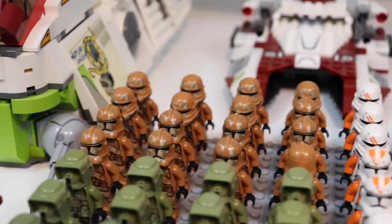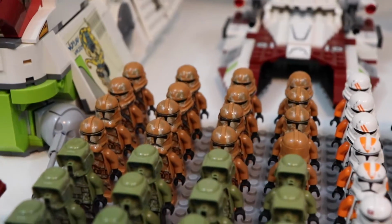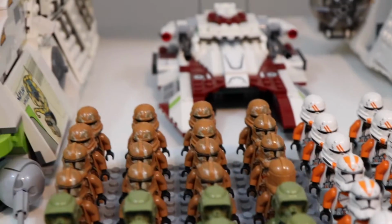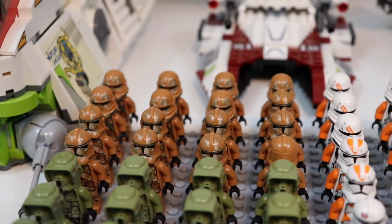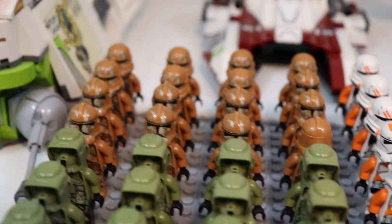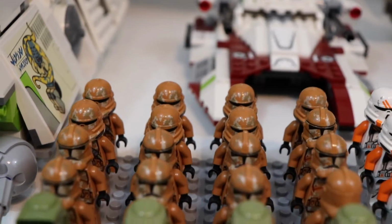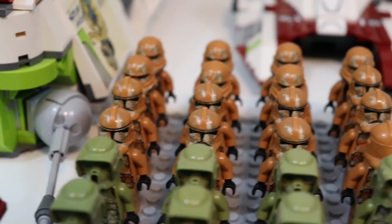Moving back, we've got one of my not so favorite figures, just because they aren't super usable, since they aren't actually canon figures in the movies or the TV shows. So they're not super great for any realistic recreation mocks, but they are pretty cool looking figures, and they are pretty rare nowadays anyway. I've got 7 of the airborne variants there in the back, and I've also got 8 of the normal